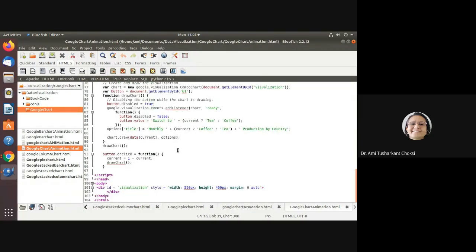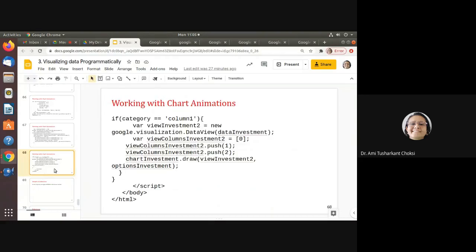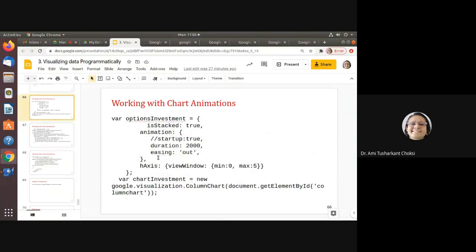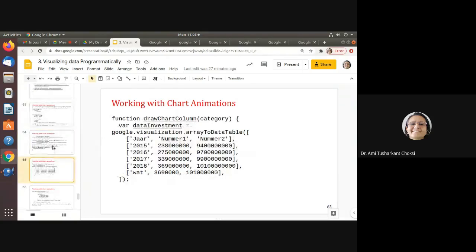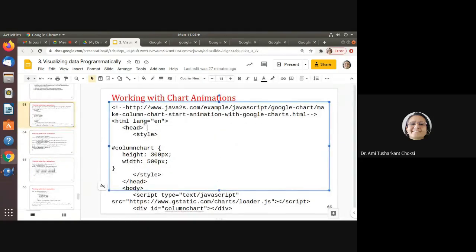Let us put that here so we can have the idea. Yes, the code, we need to put it here. Fine. Let's see that.